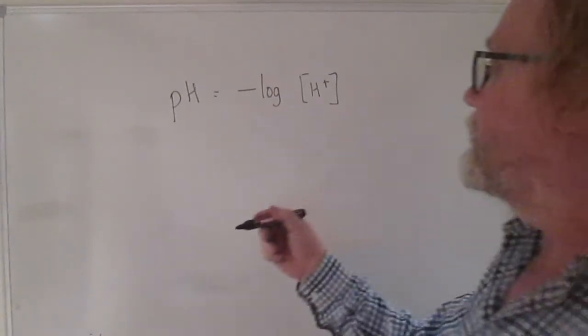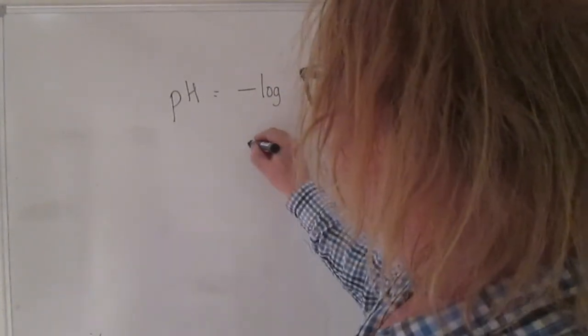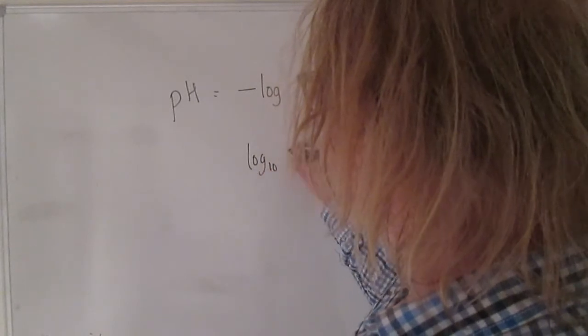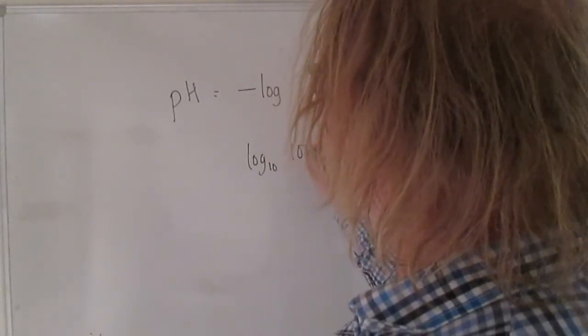If you're not very familiar with logs, it doesn't really matter, because all you actually need to be able to do is to make it work on your calculator, but it is worth having a feeling for what logs are, just because it helps you make sense of how this scale works. So the log of a number is the power to which you have to raise 10 in order to reach that number. So for example, log to the base 10 of 100 is 2,